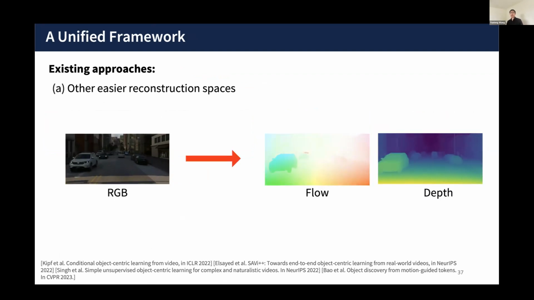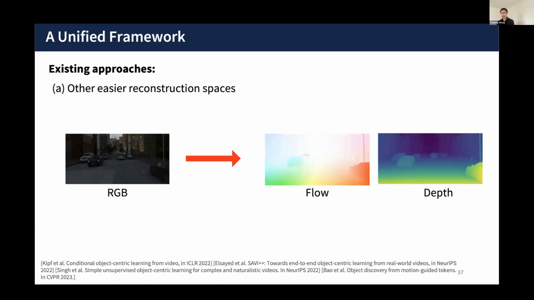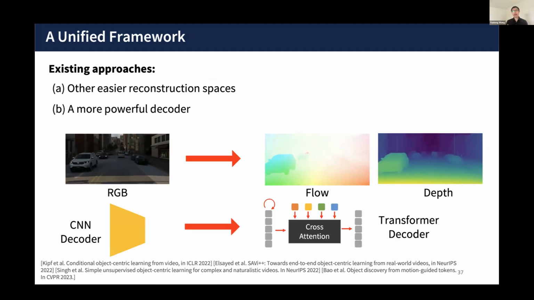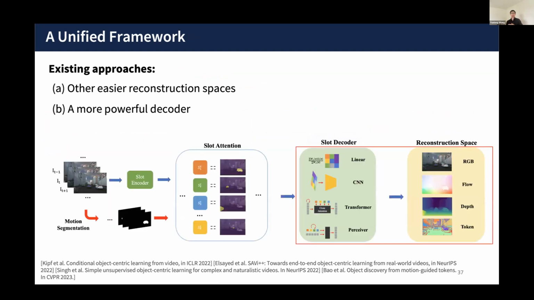We now investigate existing approaches to object discovery from a meta-level perspective. There are two typical solutions. The first one aims to find an easier reconstruction space, such as optical flow space and depth space, in addition to the VQ token space. The other one focuses on learning a more powerful decoder. We ablate these key design choices regarding the reconstruction space and the types of decoder in a unified framework to